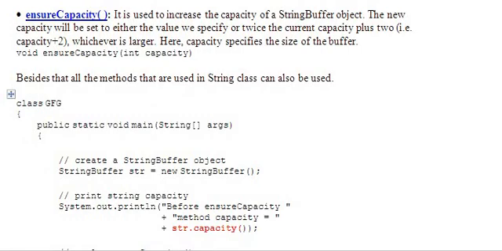So ensureCapacity is used to increase the capacity of a StringBuffer object. The new capacity will be set to either the value we specify or twice the current capacity plus 2, whichever is larger.